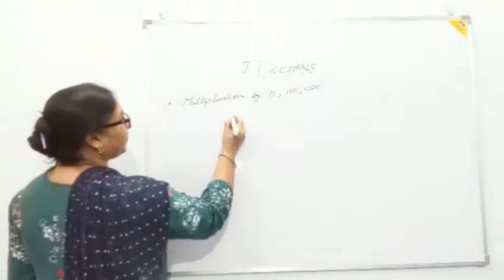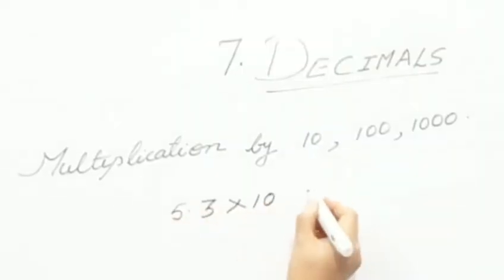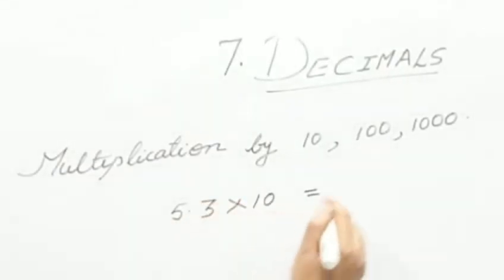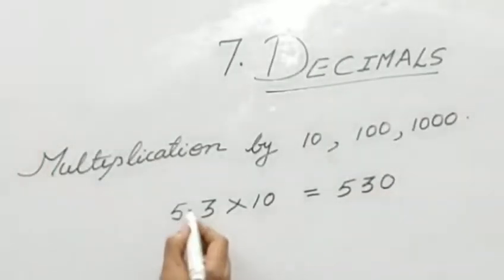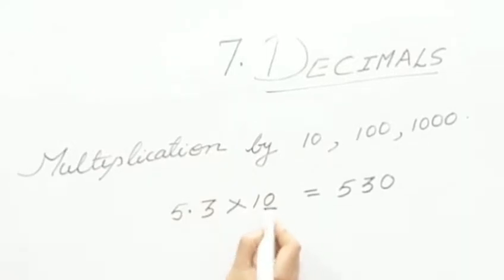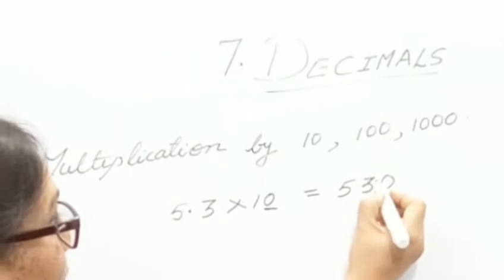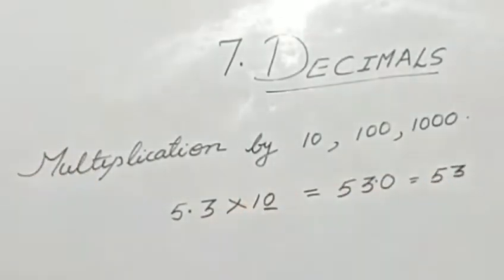For example, 5.3 multiplied by 10 equals. First do the simple multiplication of 53 by 10, it becomes 530. Then shift the decimal one place, because here there is one 0, so the decimal will shift one place to the right. So the answer is 53.0, or 53. One more example,